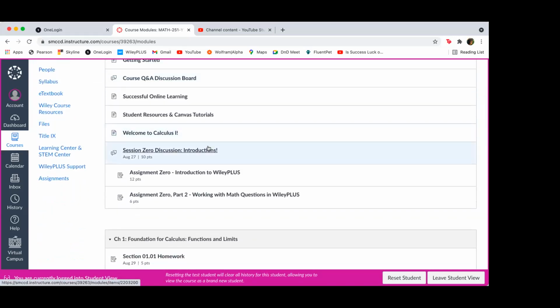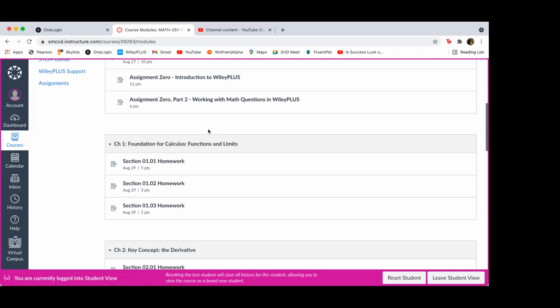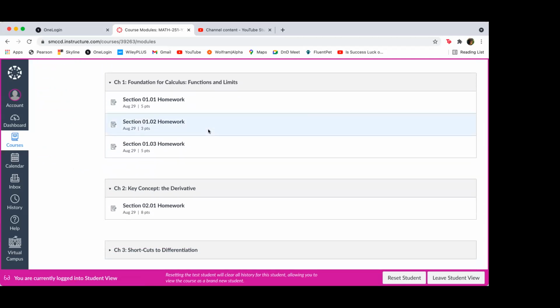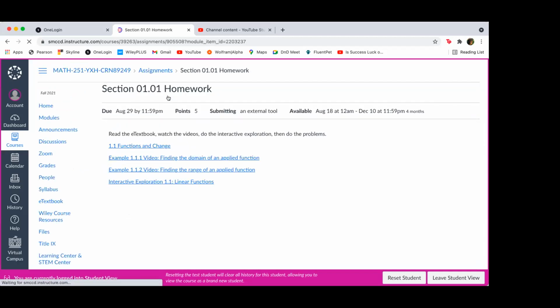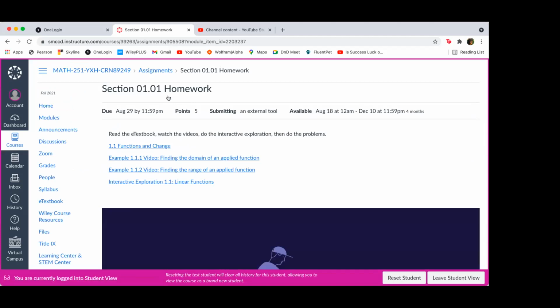There's a quick introduction, so you can introduce yourself to your classmates, and then there's some practice assignments on Wiley Plus. Where I want to get into the bigger changes is in the modules connected to each of the chapters. So rather than having 2 entries in each module for discussing section 1.1 and then a separate homework section, all you have to do for 1.1 is click on section 1.1 homework, and then that will bring you to